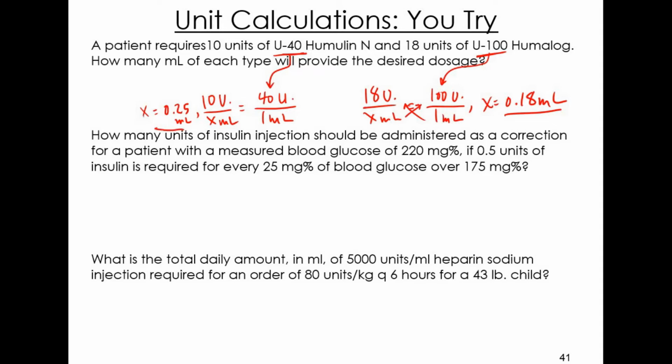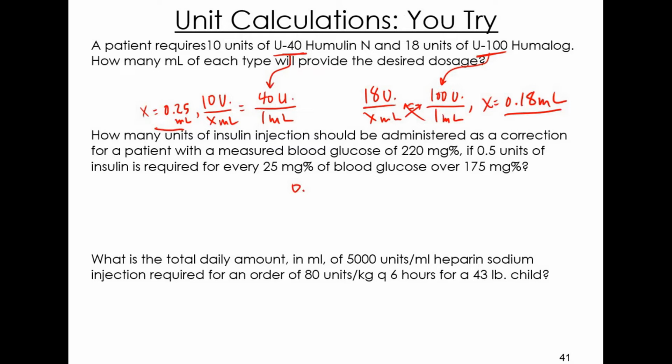Okay, next question. How many units of insulin injection should be administered as a correction for a patient with a measured blood glucose of 220 milligrams percent if 0.5 units of insulin is required for every 25 milligrams percent of blood glucose over 175 milligrams? Okay, so this patient